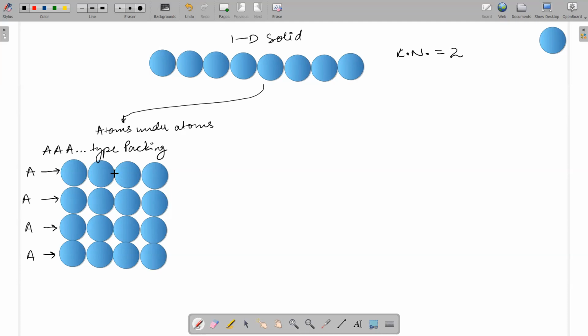So in this packing, you have to know a few things. The first thing that you have to know is what is the void here? What kind of void can you see? Also, this is 2D. So these are circles, right? Yes, sir. So this will be a 2D void. In 2D voids, tell me in the chat what is the name of the void of AAA type packing.